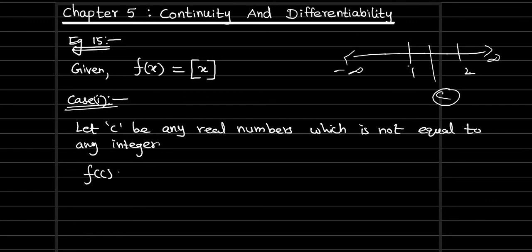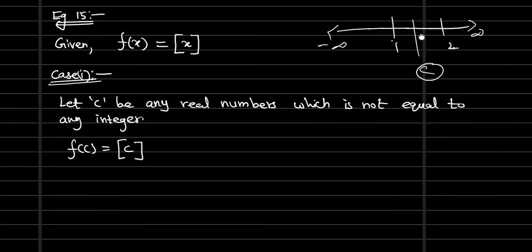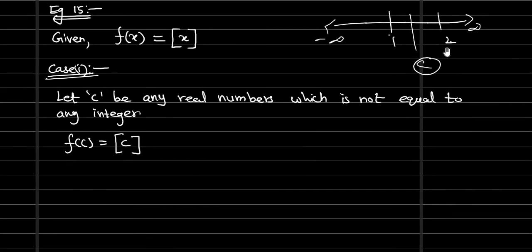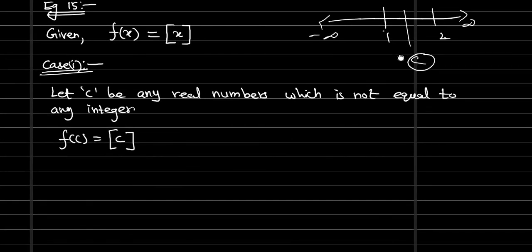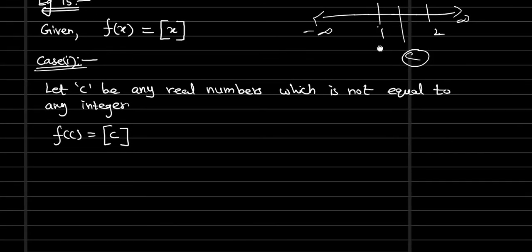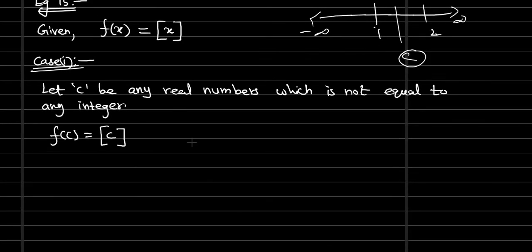F of C. So when we substitute in the given function, greater integer of C only we are getting. Now the left hand side close values, right hand side close values also will map to 1 itself, right? Since it lies between 1 and 2, the left hand side close values of C and right hand side close values of C will take the same outcome only, right? It will take the same result. The sample was for explaining purpose only, I have taken 1 and 2. So you don't need to get confused now, right?